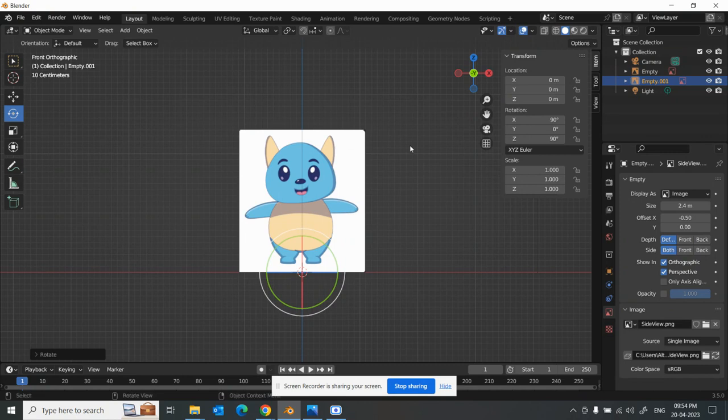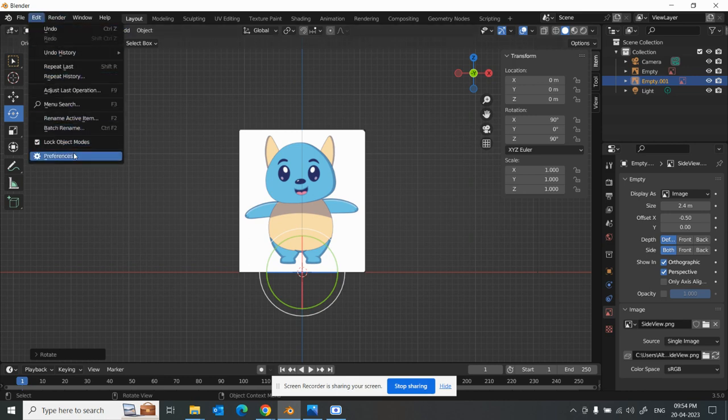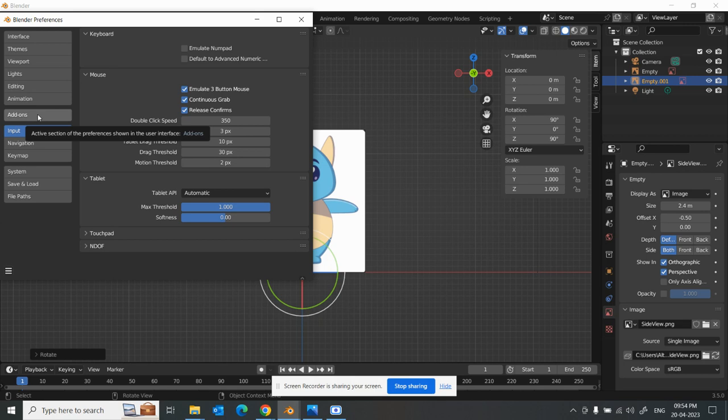Now, what are we going to do? We need to have a few modifiers before doing the modeling part. So I will just go over here. Going to go to edit, preferences, go to the add-on section. In the add-on section,